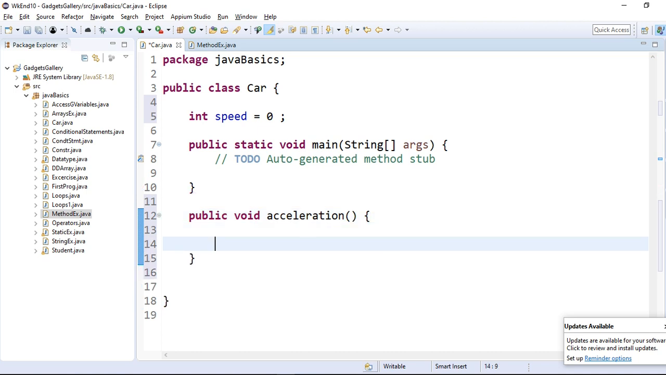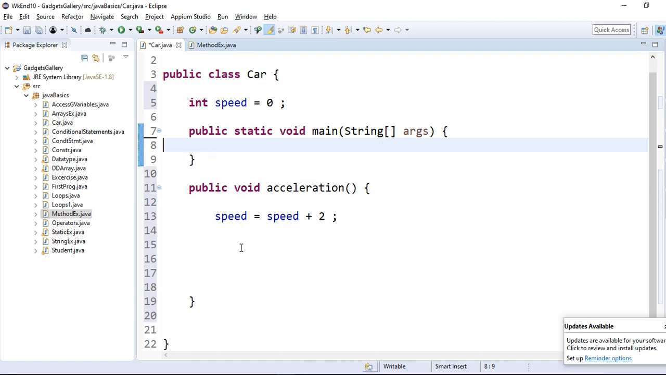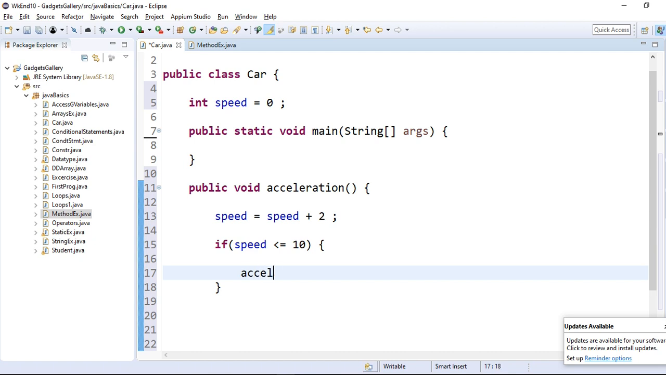So what we want to do in the acceleration method is increase the speed. So speed equals speed plus 2. Say for example, I'm increasing the speed by 2. But then if I'm calling this method from the main method, it's going to be called once only, isn't it? But I want to increase the speed again and again. So what I will do, I will say if speed is less than or equal to 10, keep calling this acceleration